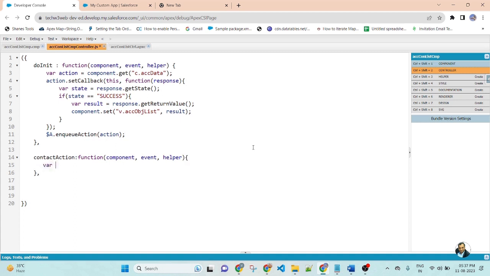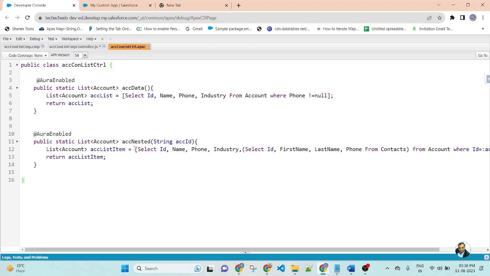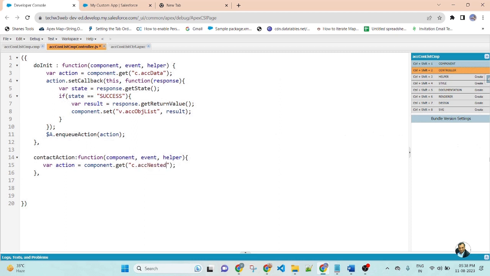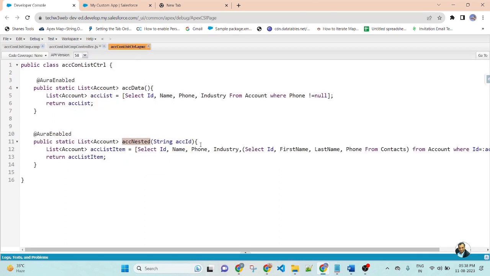Create variable action: component dot get c dot method name. So this is my account nested method name. In this method there is a parameter account ID.